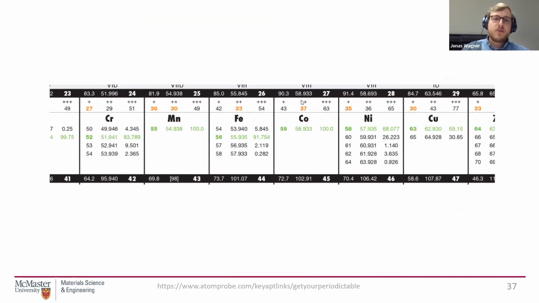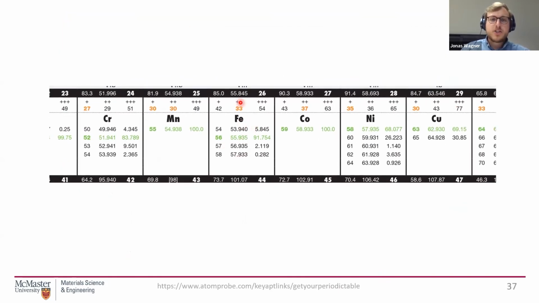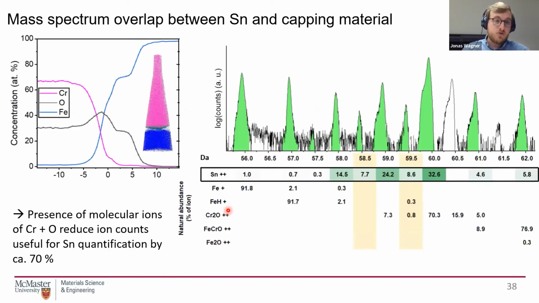I'm interested, for example, in iron. So in my own journey in the atom probe world, I started with a chromium cap, because that is what has worked very well in the past. And it ran very well.